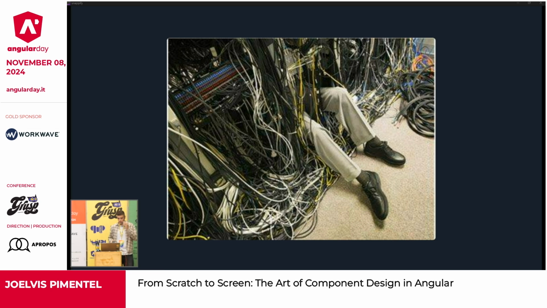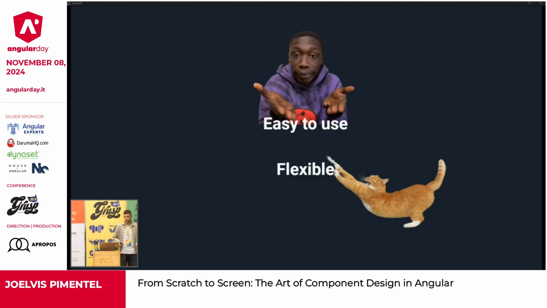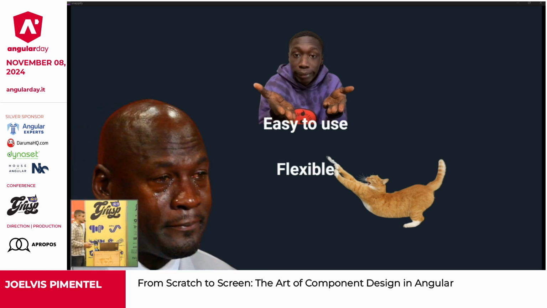So the thing is that when we try to simplify something, we somewhat end up with complicated things, adding one thing there, one thing here, and pretty soon it's anything but simple. So here is the challenge. How can we build simple features that are easy to use and flexible without making ourselves cry to sleep 6 months later when we are going back to our code?